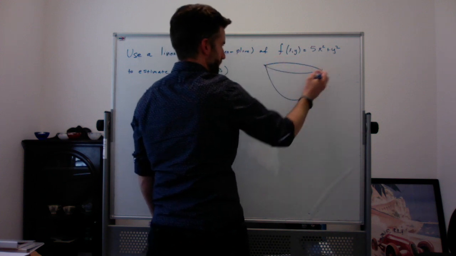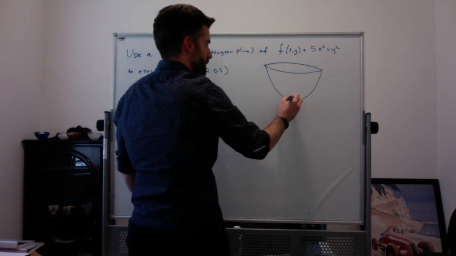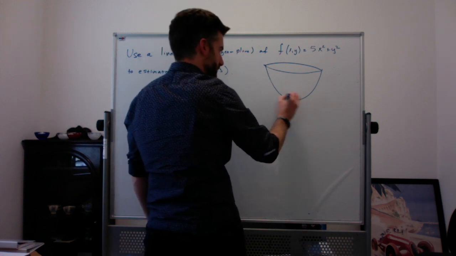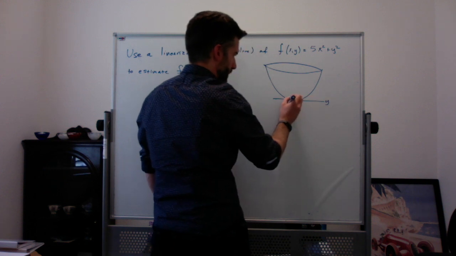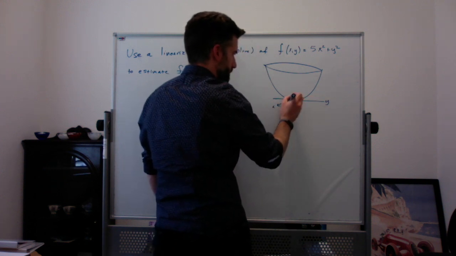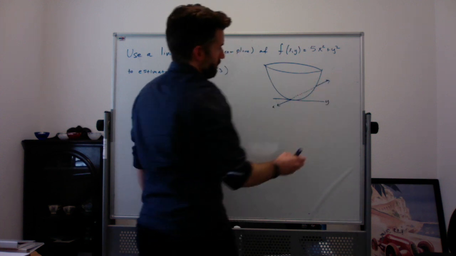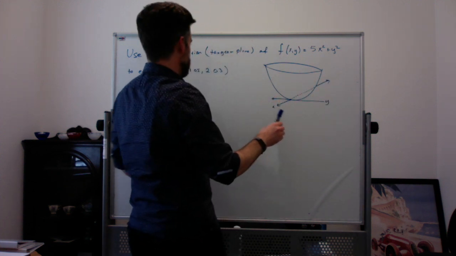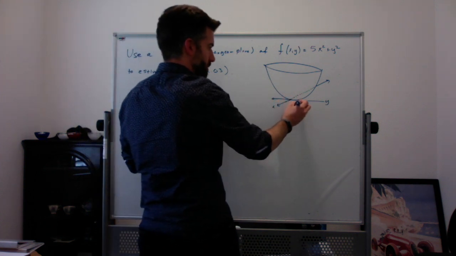I'm just going to draw something very basic here. And the idea is, right, there's my origin. If this is the y-axis here, and here's the x-axis coming out at us and going away from us, right? Then if I'm at the point 1, 2, so I go 1 for x and 2 for y,